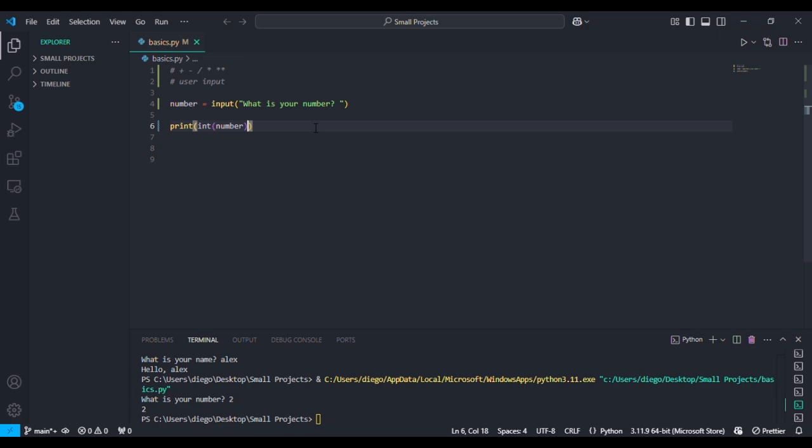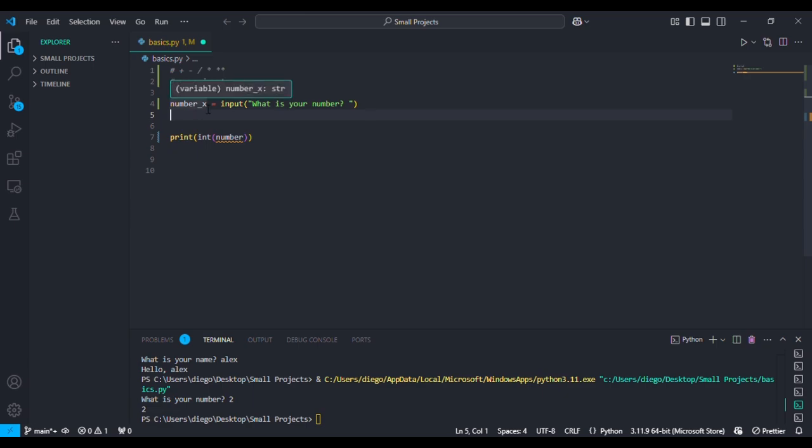So let's ask them for another number. Let's call this number x. Remember, variable names are very important. You see how I'm changing the variable name so I don't have confusing variable names that I don't know what to do with. As the program gets larger, you're going to want to have really good variable names. So really keep that in mind. Okay, so number